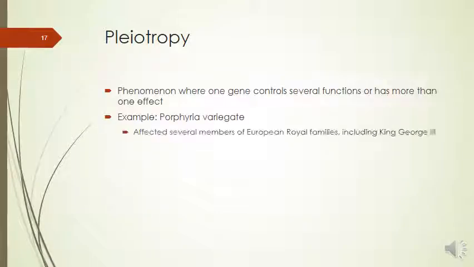Pleiotropy is a phenomenon where you have a single gene disease with many symptoms, or a gene that controls several functions or has more than one effect. Such conditions can be difficult to trace through families because people with different subsets of symptoms may appear to have different diseases. If we look at the disease porphyria variegata, it affected several members of the European royal families,